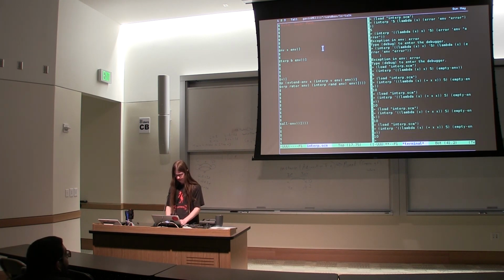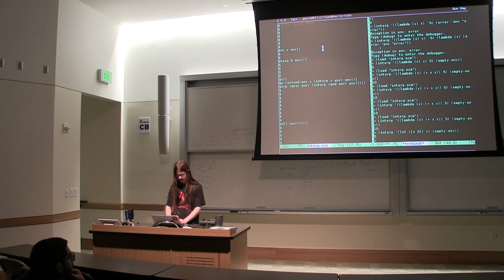So it still works, but now we have let. So if we let x be 5, x, the end works. So right now we have actually already changed it to be dynamically scoped. So if we let x be 5,